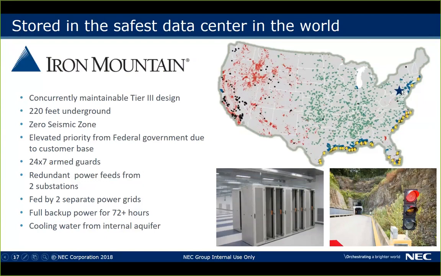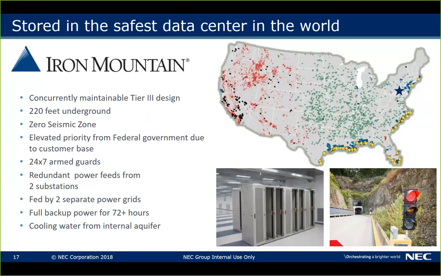No floods, it's in the mountains, no earthquakes, nothing. Not to mention, the data center here is also 220 feet underground. Zero seismic zone. Some other unique features: it's elevated as a priority for the federal government due to the customers that reside in that